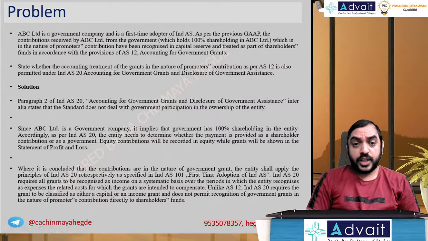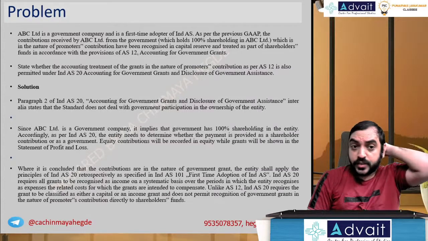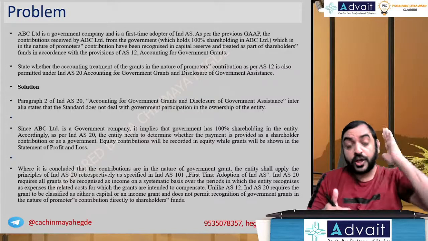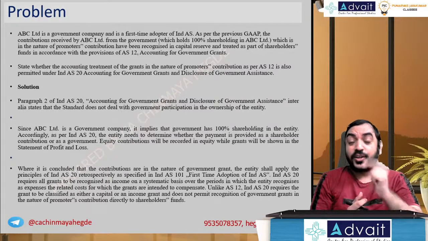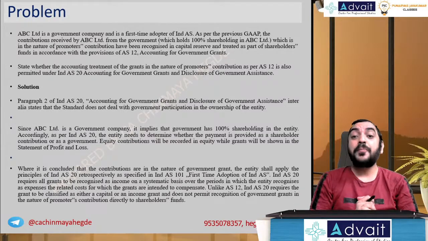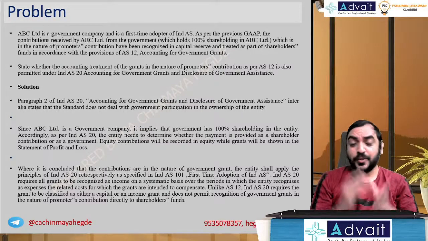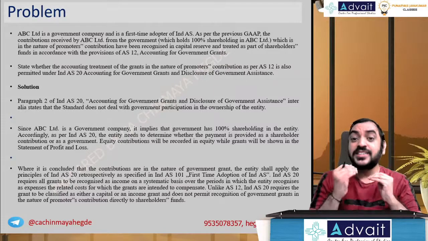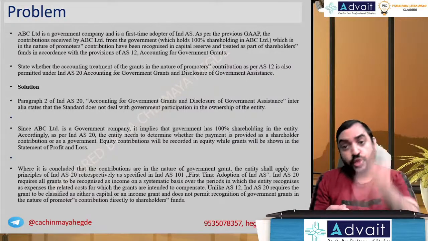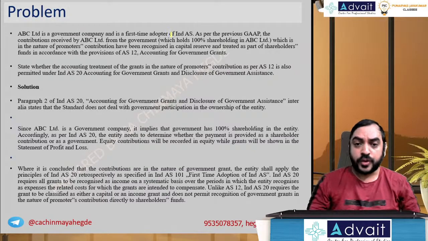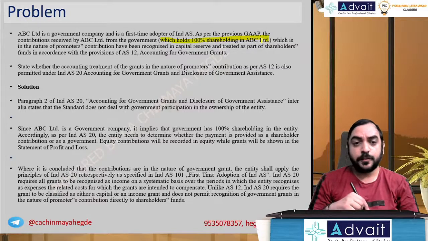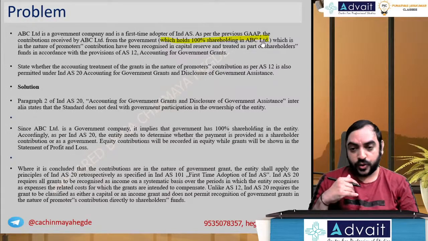ABC Limited is a government company and is a first time adopter of Ind AS as per previous GAAP. The contribution received by ABC Limited from government, as per AS 12, is in the nature of promoter's contribution. You know what would have been done? It would have been transferred to capital reserve, not taken to the P&L account. But Ind AS 20 does not allow that, because we follow the income method. On some reasonable basis, any grant received should hit the P&L account in one year or another. So from the government, which holds 100% shareholding in ABC Limited, which is in the nature of promoter's contribution,